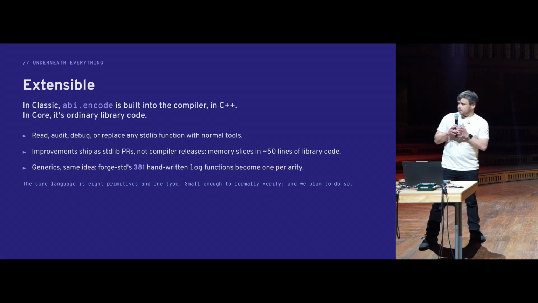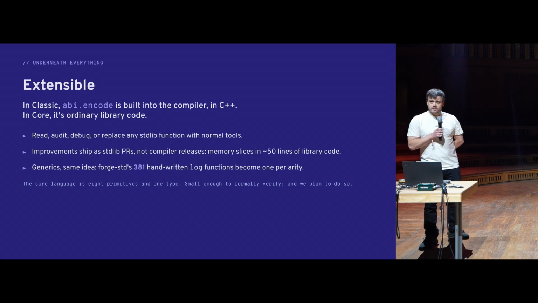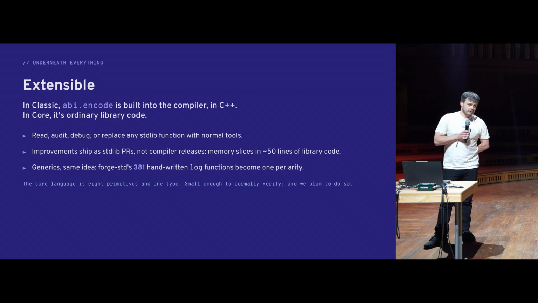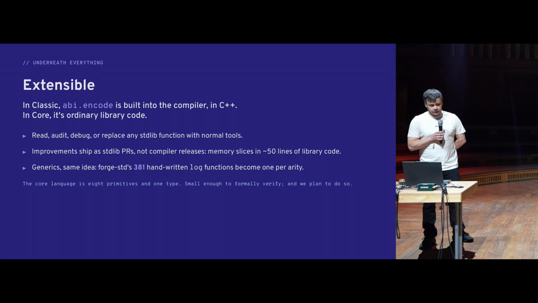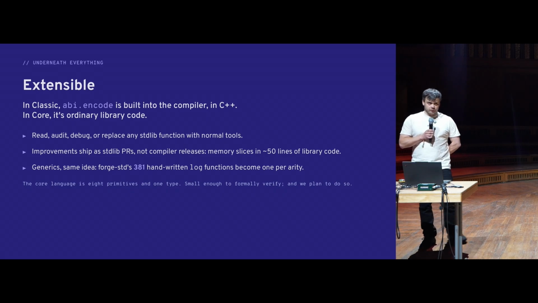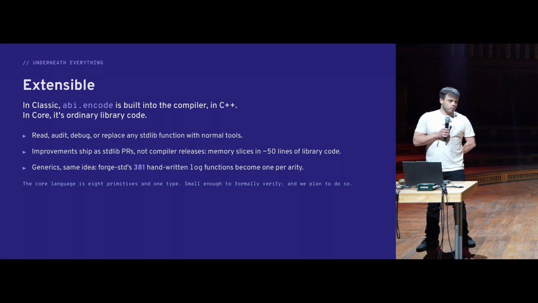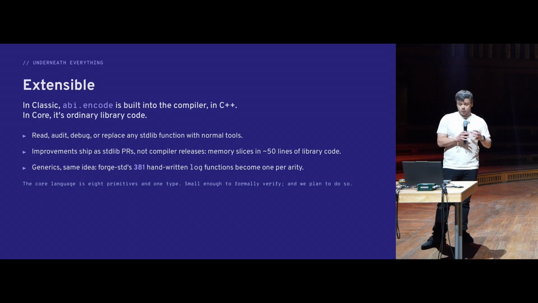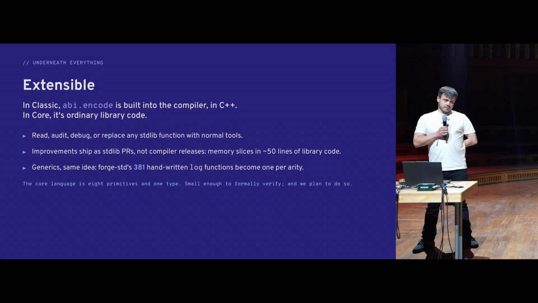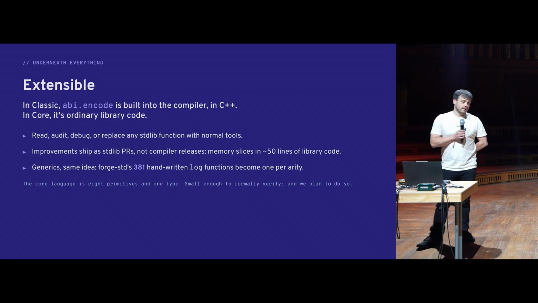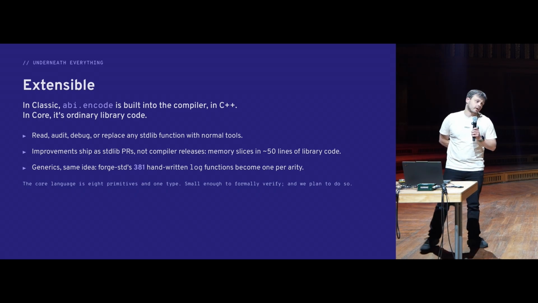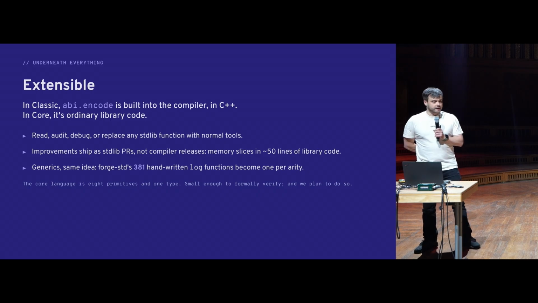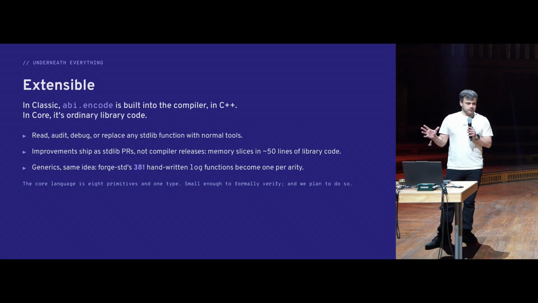Another thing that a lot of people have been asking about for a very long time in Solidity is a standard library. Currently, stuff like ABI encode and a lot of other language features is built into the compiler, which is written in C++. But now in Core, we are going to have a very small core language and a standard library, which means that we can implement all these things in the standard library, and we can, let's say, move faster, and we don't have to make a new release of the compiler just to have new functionality in the language. So I think it's a very healthy split.